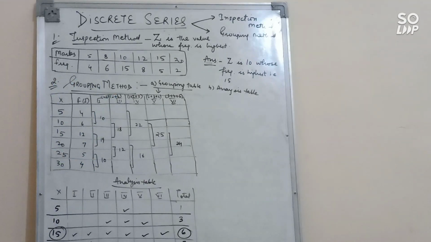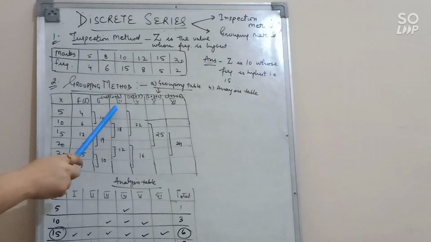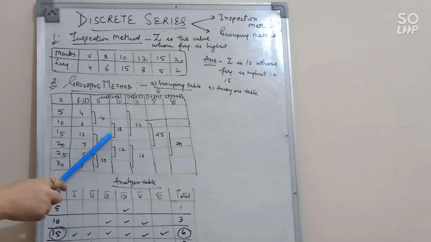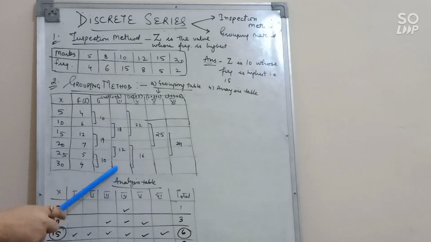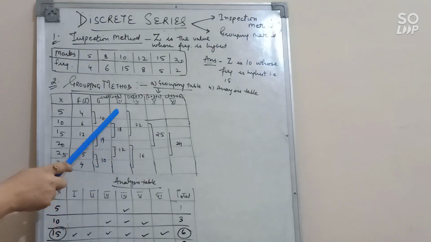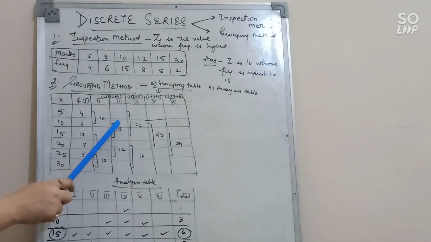Now third column, we'll again make the groups of 2, but we'll start from the second value. It means the first value will leave. We are just making different patterns of groups. First value will leave, so we'll start from the second value. Second plus third value, 18; 4th and fifth value, 12; and next we don't have any pair with 4. We don't have any other value, so we'll leave this. Clear? So we'll make group of 2, but we'll start from the second item.